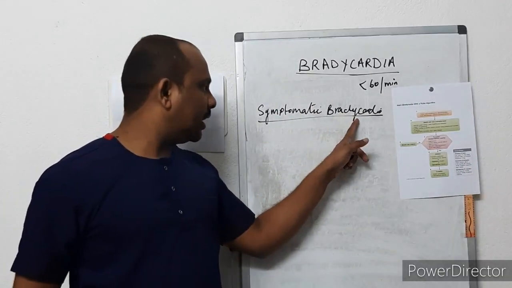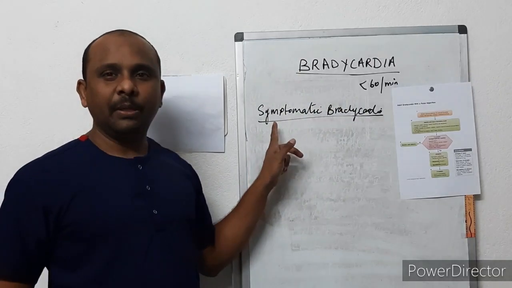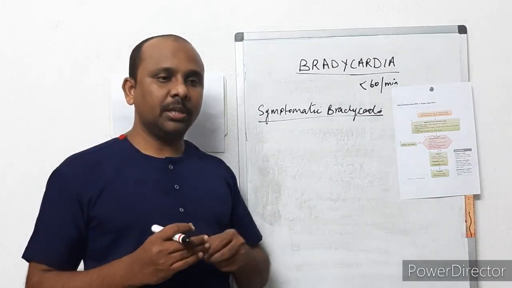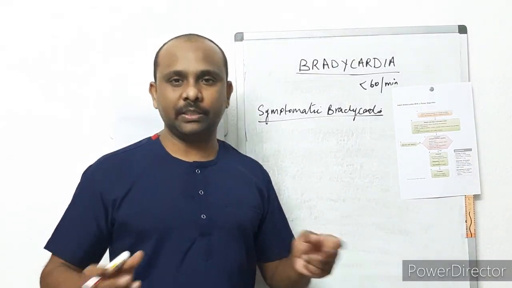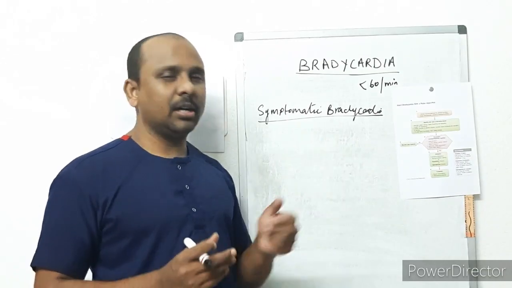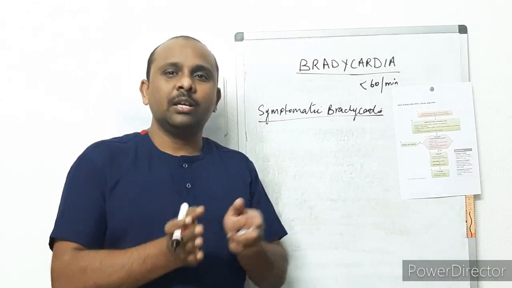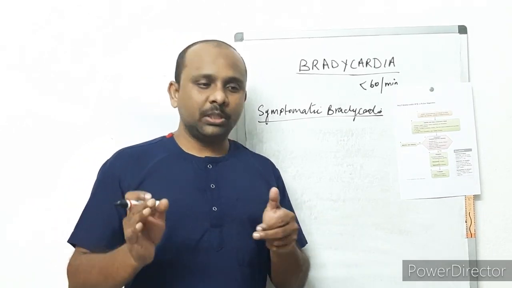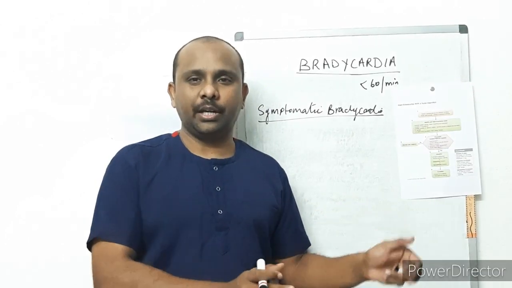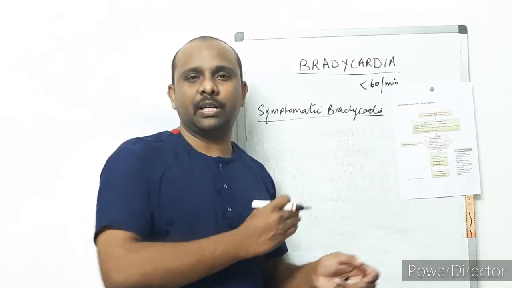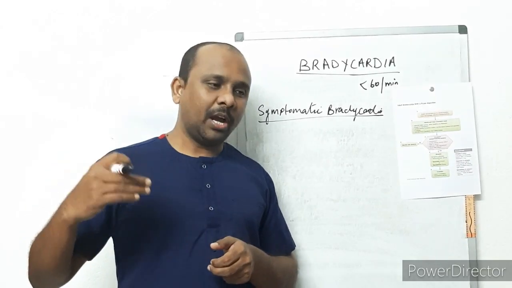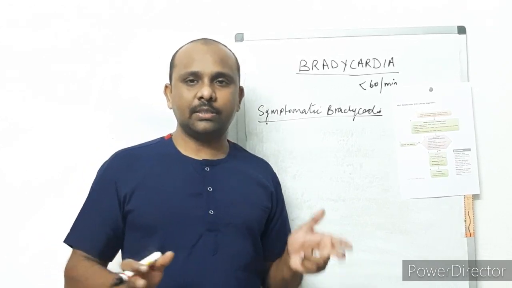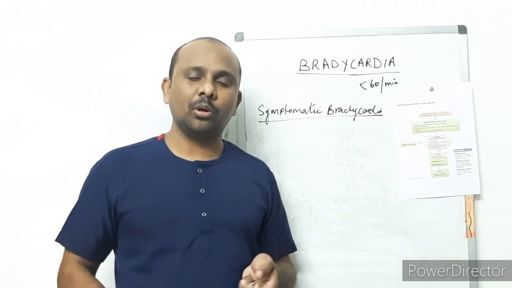So it is a symptomatic bradycardia. It means the bradycardia is producing these symptoms, right? The patient is having these symptoms, but they are produced by the bradycardia, so there should not be any other contributing factors. Primarily a cardiac cause should produce the symptoms. For example, if the patient has a head injury, raised intracranial pressure, usually that patient will have a low heart rate. That will not fall into this criteria because that is due to increased ICP, known as the Cushing reflex. That's a different story. That bradycardia doesn't fit into our treatment protocol.